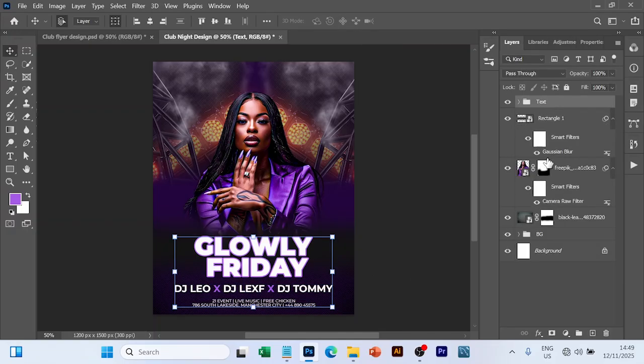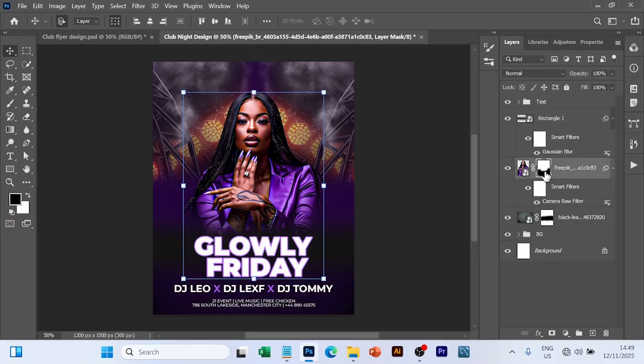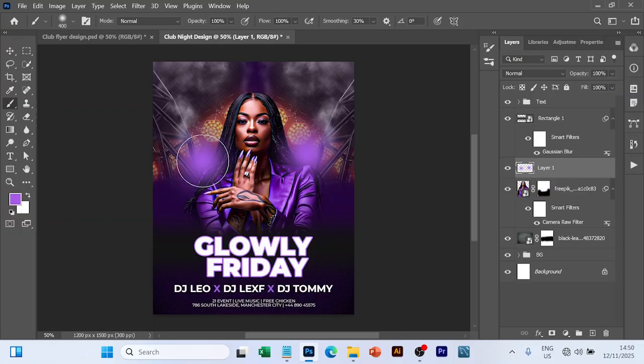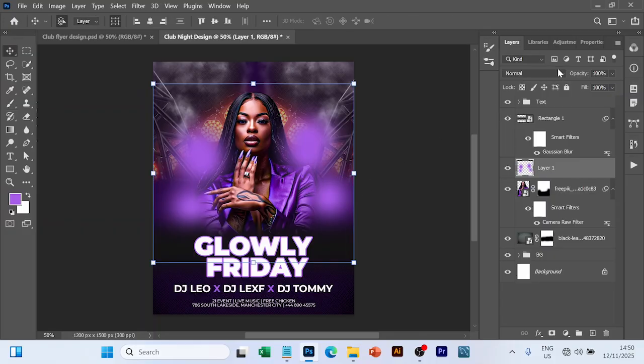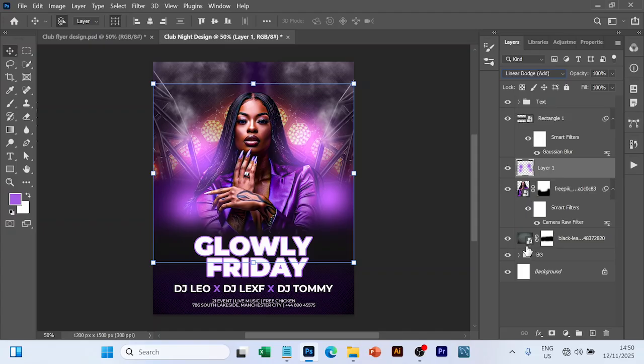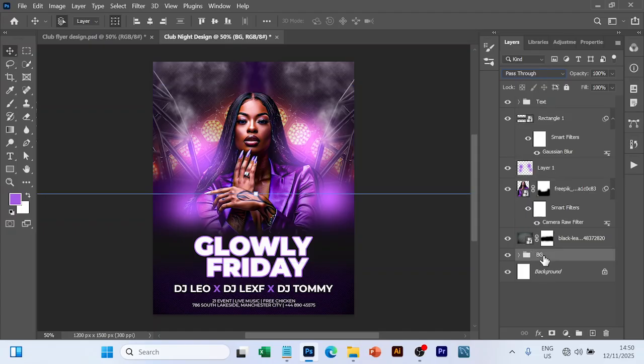So on this image, I'm going to create a new layer. I'm going to add some lighting effect on this. And here on our keyboard, using lighting, light weight to this place. Okay, V on my keyboard. Then I'm going to change the blend mode to linear dodge. And under this one too,